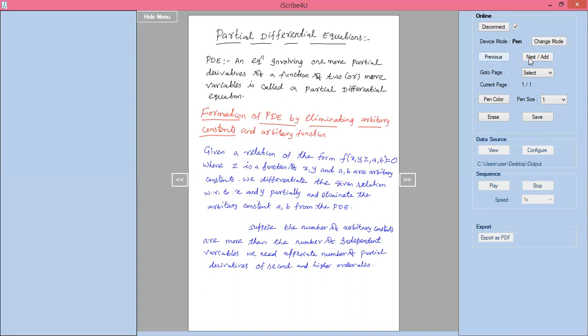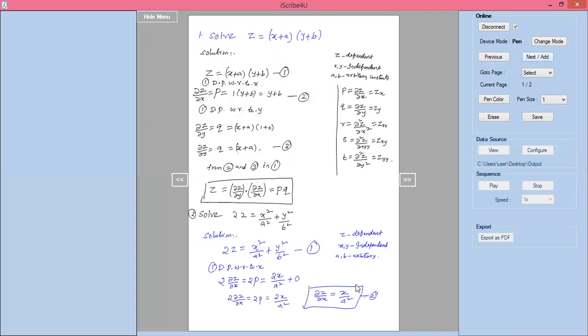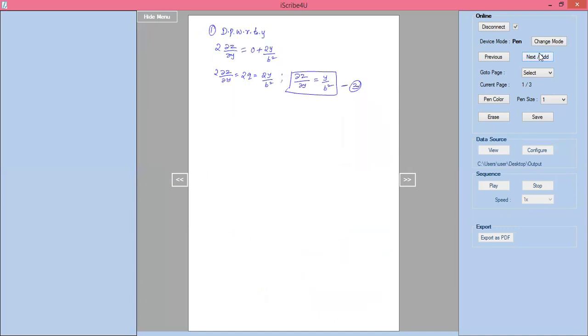If I take this, 1/a² value should be, I can bring this x to this side, I'll get 1/x into ∂z/∂x. At that time I can substitute it here directly. Or otherwise, if you take the 1/a² value, you can substitute it in this one, and the 1/b² value you can substitute it, and we can simplify it. Right. So how do you simplify that? I'll tell. From equation 1,